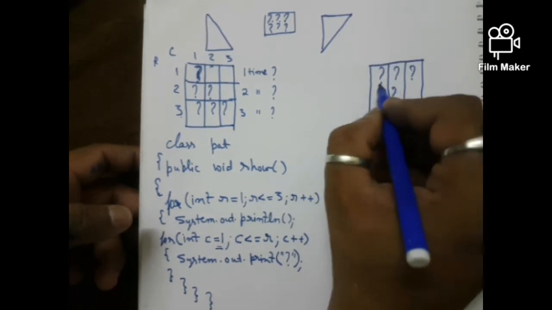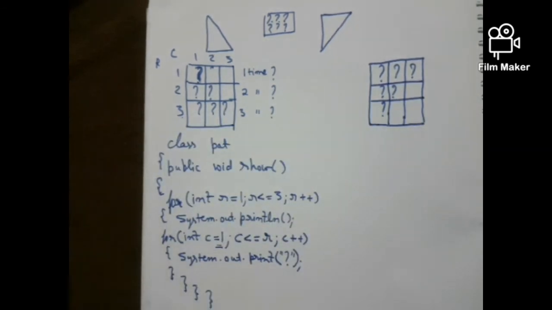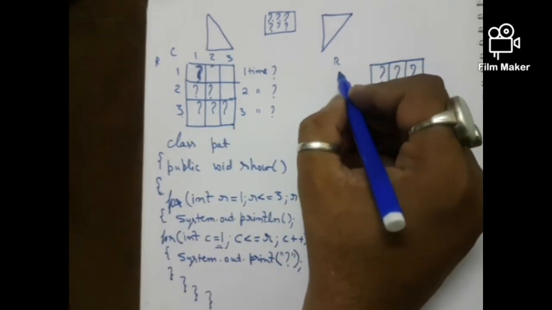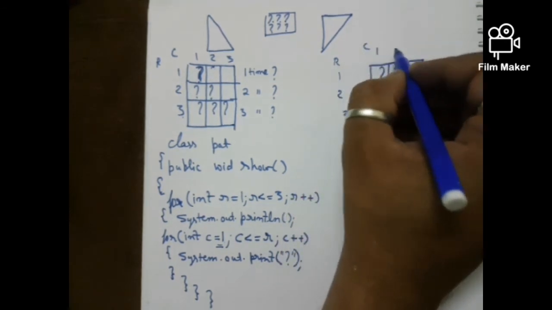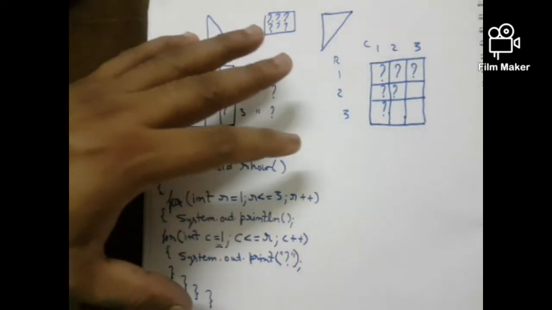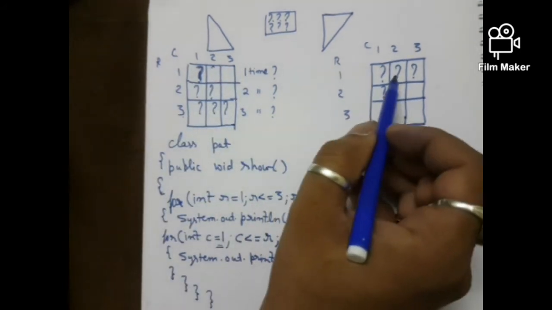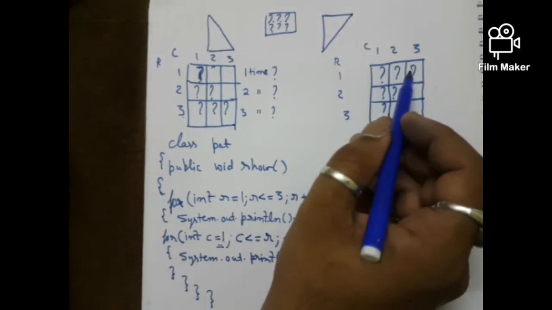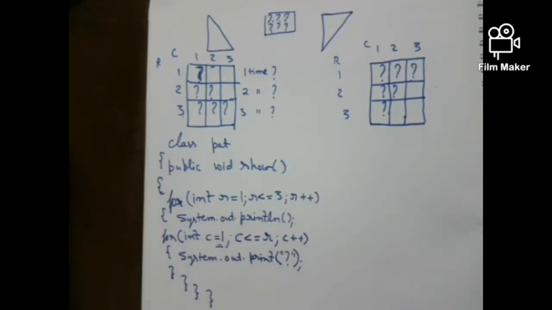Now the box is ready. Now I will draw the rows. That is done. Now students, immediately what students do, they remember the concept of matrix and then they say, okay, row number is 1, then 2, then 3. Fine, no problem. Then they say column, first column, second column and third column. Drawing this pattern involves moving to the row and then performing some action or printing something in the column.